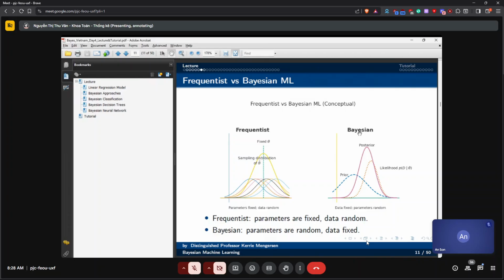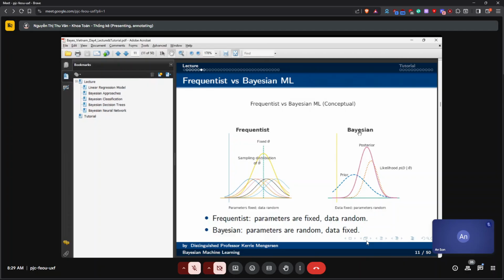So we have some data that's random, and we talk about if we generated other data sets looking like those data, then we could be estimating. We estimate the parameters are fixed and the data's random. In a Bayesian framework, we give conditional on the data. So we're conditioning on the data that we've observed. So the data's fixed, and we think about these parameters as being the unknown.